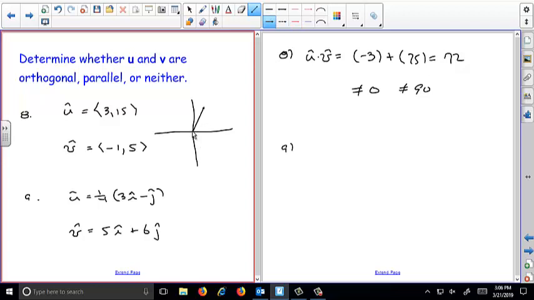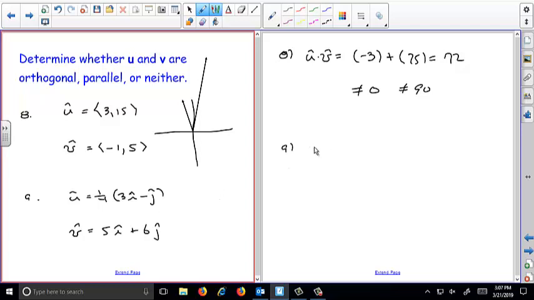So this would be 315, which would be way up here. And this would be negative 1, 5. So that would be something like that. So you can definitely see they're not 90 degrees to each other. I don't think that one's 90 degrees either, but